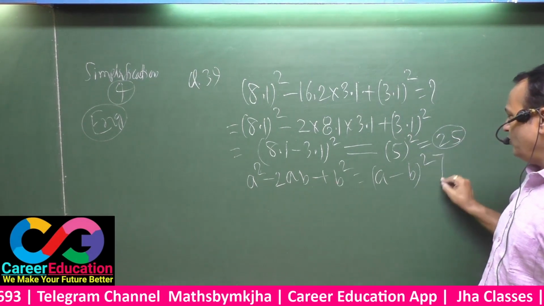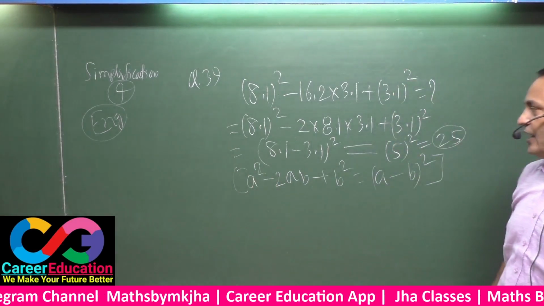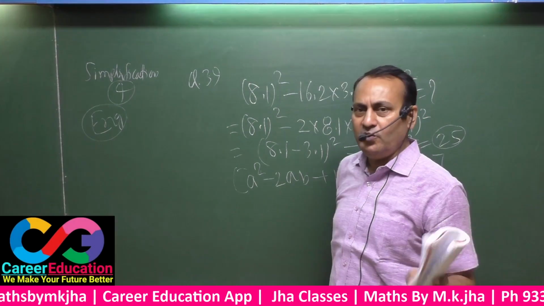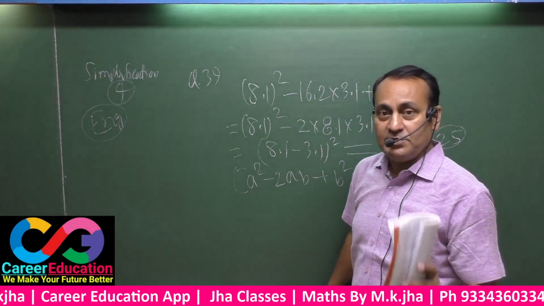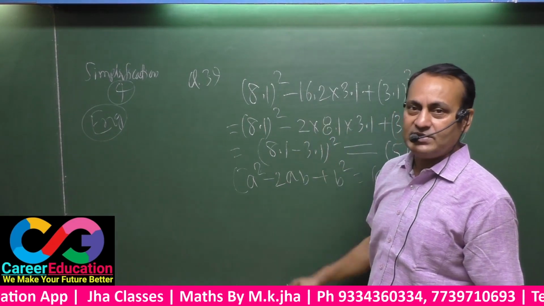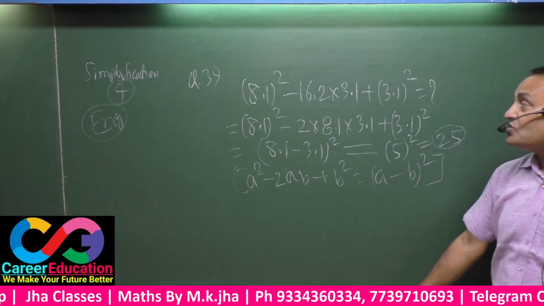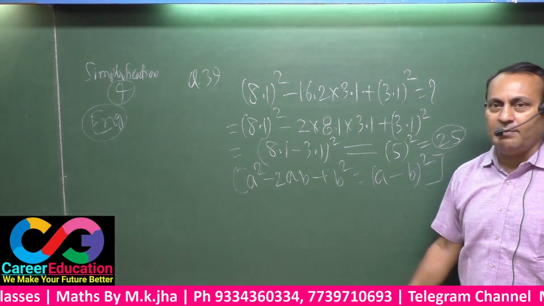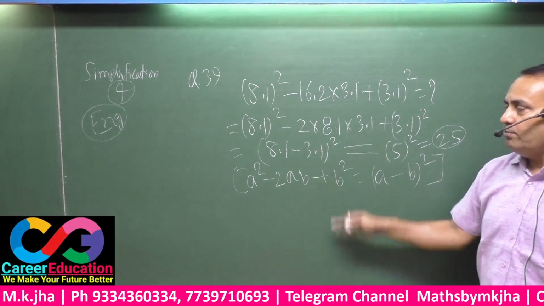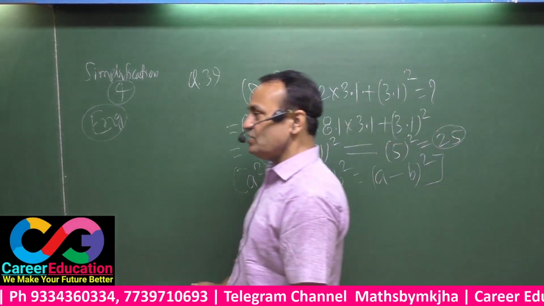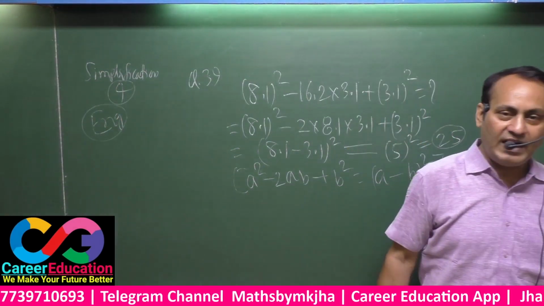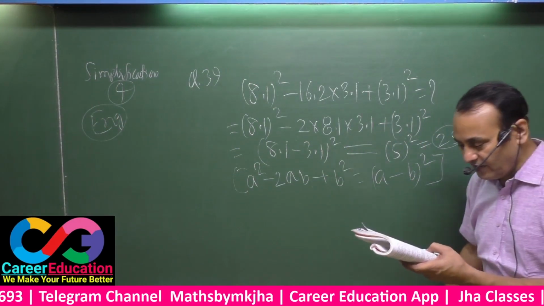This was the formula to be applied here, and I applied this formula. Here 16.2 was the product of 2 into 8.1, that means 2 into a, and b was already there. That means this section is only minus 2ab. Thus you got the answer of this question very simply in the form of a minus b whole square. A is 8.1, b is 3.1. That means a minus b is 8.1 minus 3.1, that is 5, and you have to take the square of 5. That means 5 square equals to 25. Note down.